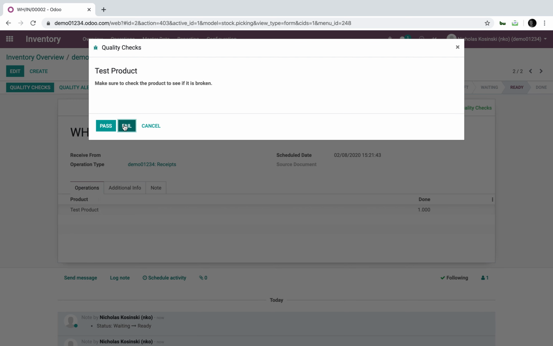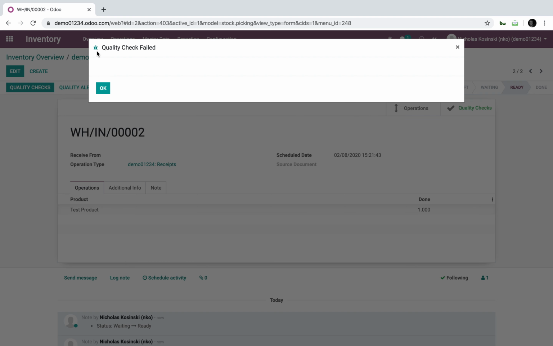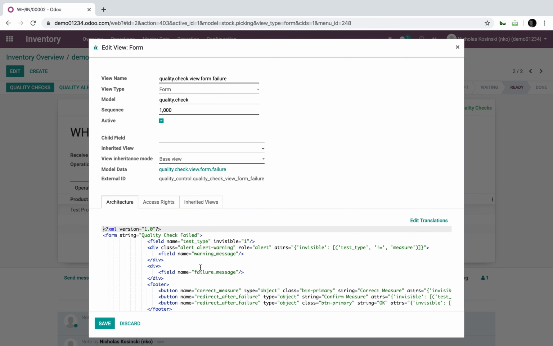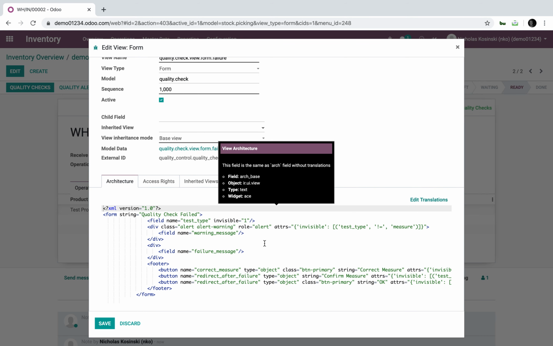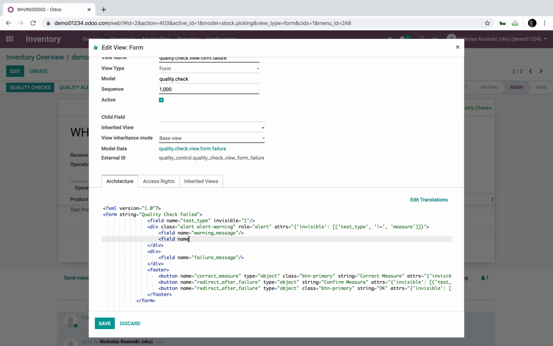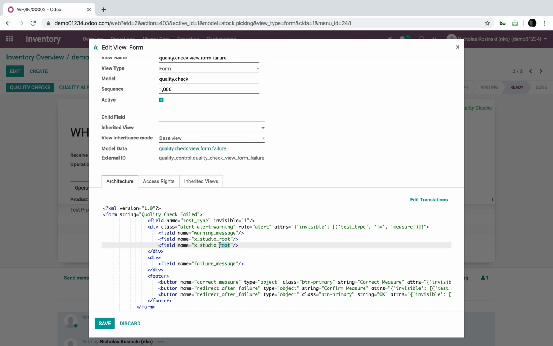If I want to edit the fail screen, I can do so by going here and saying, edit the form view. And now here I can come in and actually write something. So I can say field name equals X Studio root, for example, and underneath it we will put X Studio